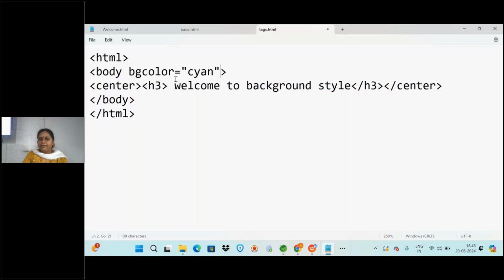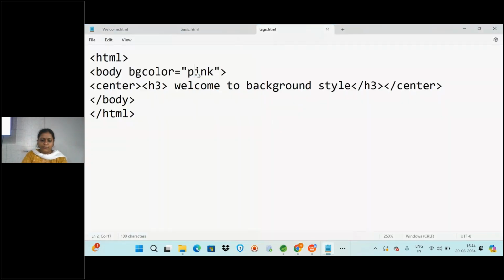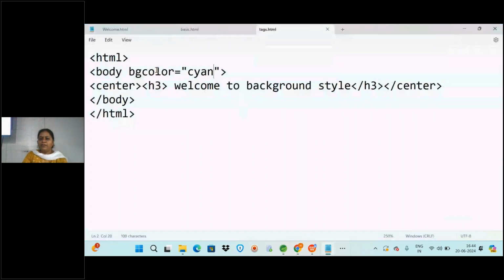Now in the body tag, the background color can be pink or any color you want, you can provide. And then back here, the background is applied with a specific color. You can change the colors, any color you want you can provide. You have to resave it and check the tag that you're giving. So what is the attribute for setting the background color? bgcolor. When you give it in the body tag, it is applied for the complete page. Later we will see applying it for separate tags.